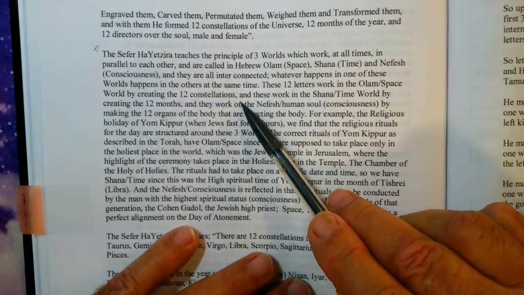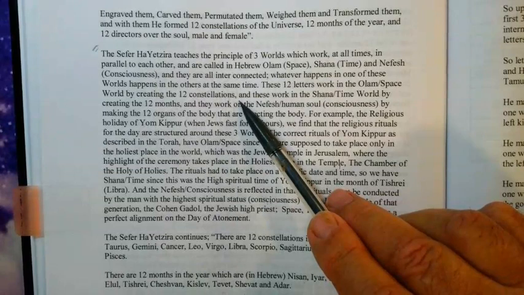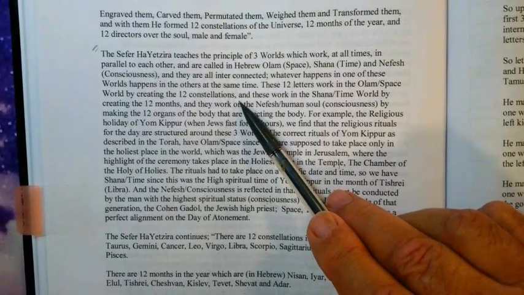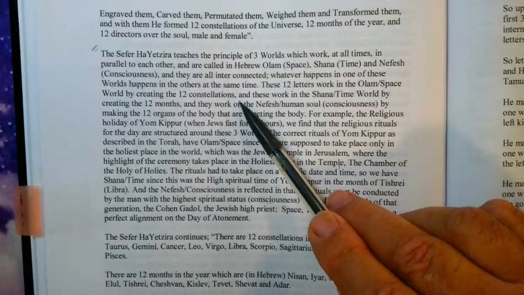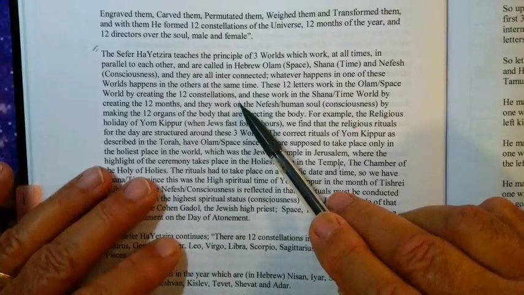Now, during the daytime, we're not aware, and really city people are not aware of what's going on in the sky at nighttime particularly, because it's obscured by the city lights and the normal way of living that we live today. But in fact, these constellations are moving around us, and they never stop. They are the background to our world. We are sort of like, so to speak, the figure, and behind us is the sky, while we're something much more down to earth. We are earth. So he says that's Olam.